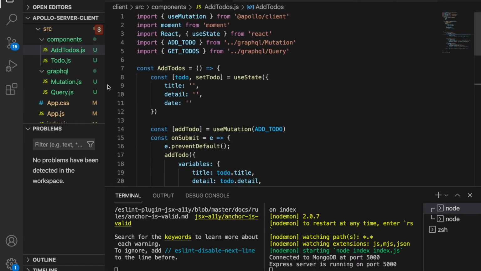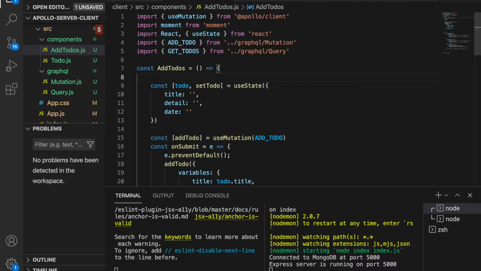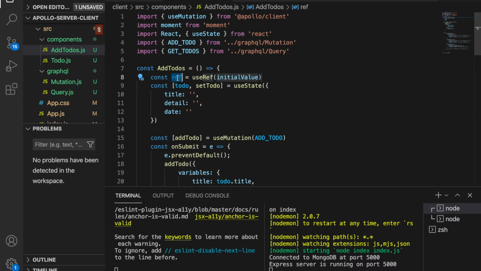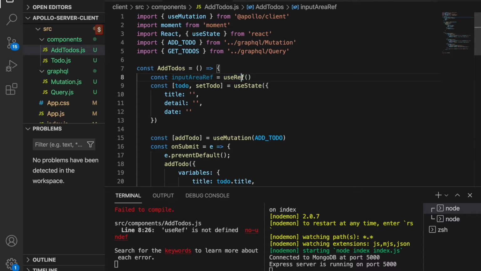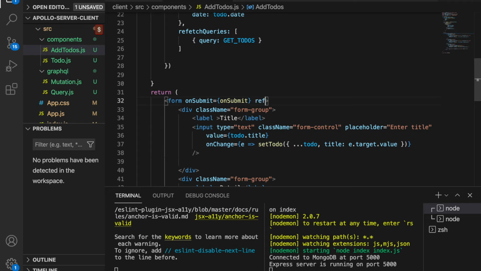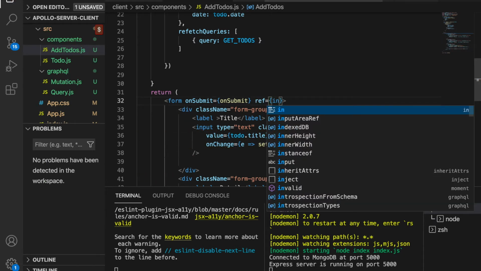So now we first go back to the add to-do, and now we have to use the useRef to define which areas we want to detect. So we create an input area ref, and we do not define anything, and then we need to import the useRef from React. And now we go to the form and we set the ref equal to input area ref,